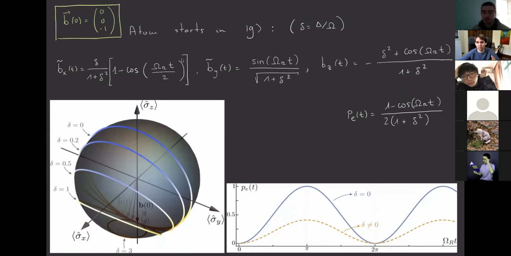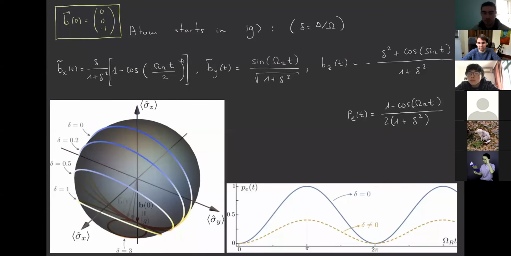When we first talked about Rabi oscillations was in the context of the semi-classical Rabi Hamiltonian, which is just a Hamiltonian for a single atom, in which, apart from the free term that is sigma z, we add a term that goes as sigma x multiplied by a term that oscillates at a frequency that is close to the one of the atom. And in that context, what we saw is that if we start from the atom in the ground state, okay, which in the Bloch space it meant this vector, then what we have is that we can track what is the